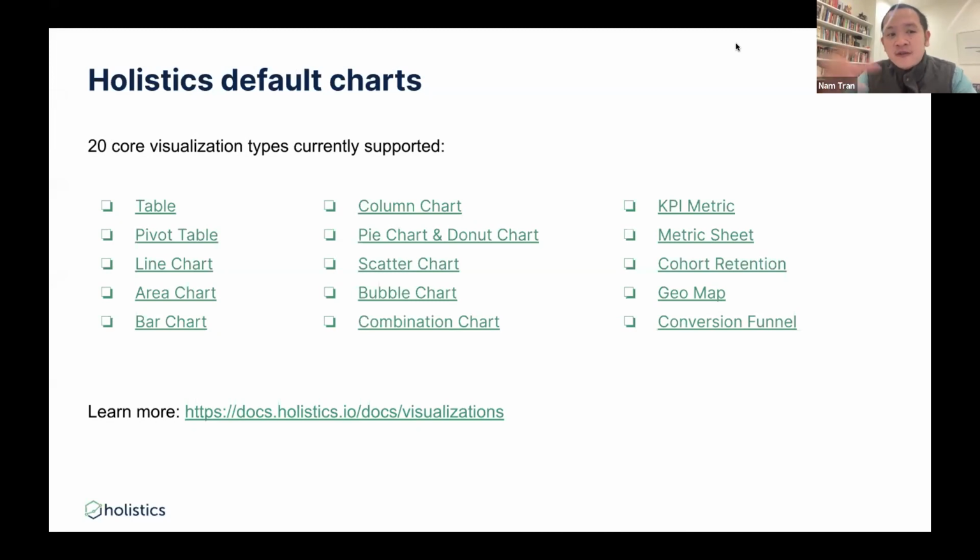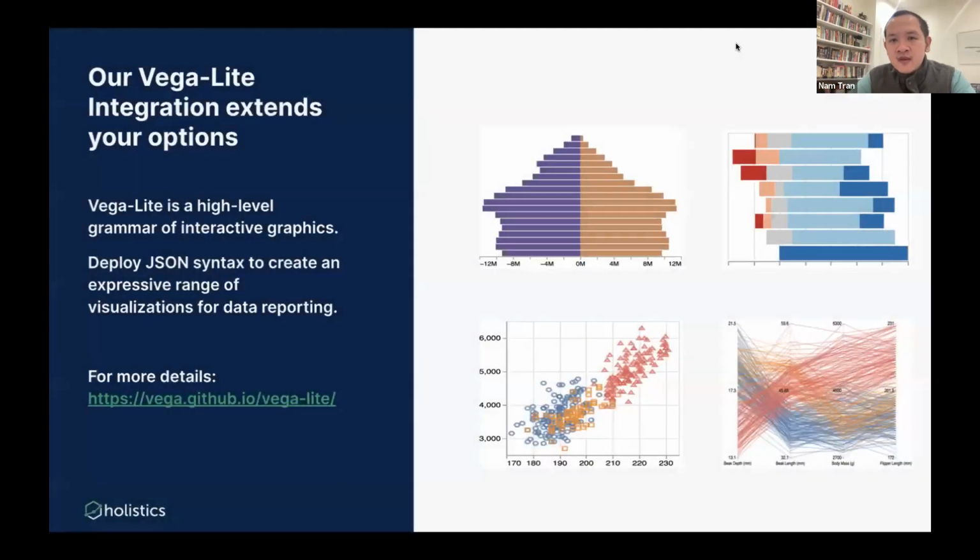And of course, for each visualization, you can see the styling and the formatting so that you can tweak it a little bit to fit the use case that you have, right? However, sometimes you need a type of visualization that maybe we haven't supported yet. That is the reason why we introduced the VegaLite integration.